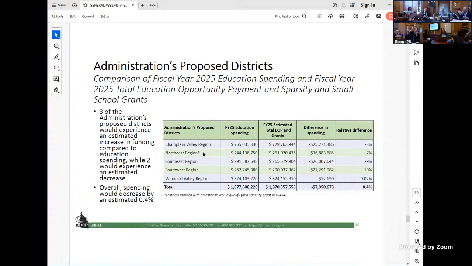Would I be accurate if I said it's the weights that are really driving these changes? I would say the changes in what it would do for which districts would go up and which would go down, the weights impact that, as well as the base amount, as well as the district configurations. So the weighting categories, the weights, the base amount, and the district configurations are the levers that we're looking at here.